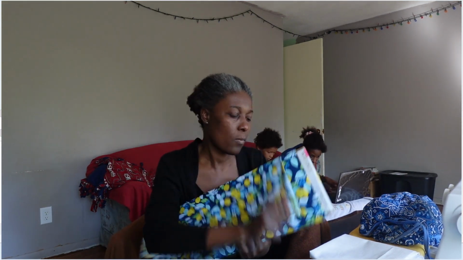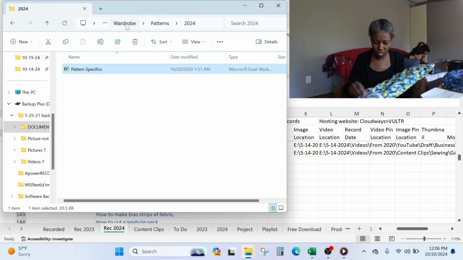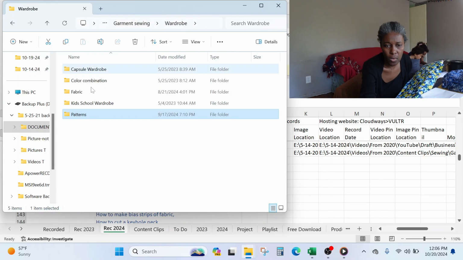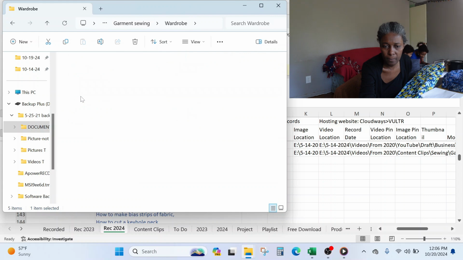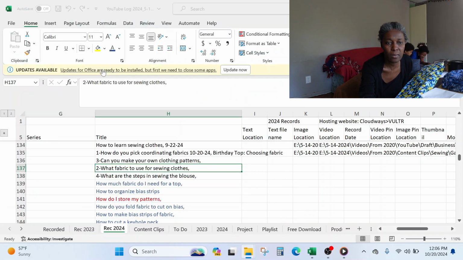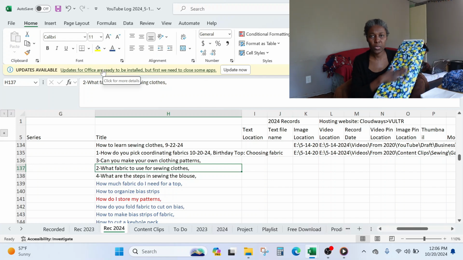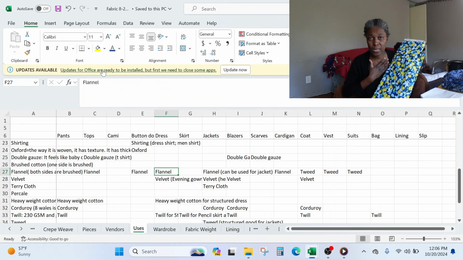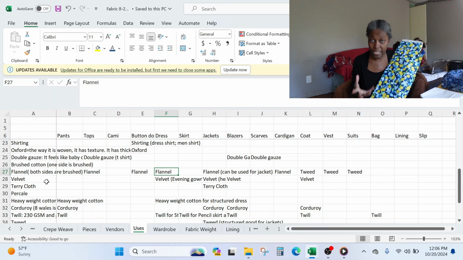And I bought linen, but I have not used it yet. So, but yeah, you can just see, I try to have a library of information on what I can sew with which fabrics. And I know that with quilting cotton, I can sew blouses, I can sew camisoles, I can sew dresses, I can sew skirts, I can sew pants,